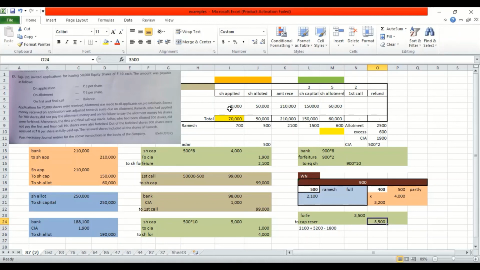I hope these two sums which I did today give you a good idea about the table, how you use the table and how fast you can do the sum. In many schools, the table is not recommended because teachers feel that students will take time to create the table and lose their time to complete that particular sum. But the fact is, once the table is in front of you, you can never go wrong, especially in your call in arrears. Okay, the working note for the capital reserve is very important in this particular sum. This is a very rare sum which has got fully as well as partly reissue. I hope it is clear to all of you.